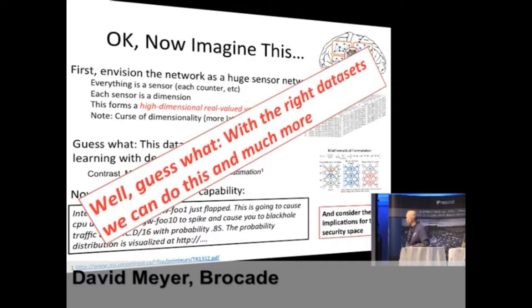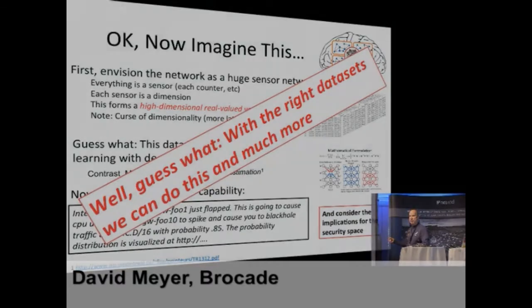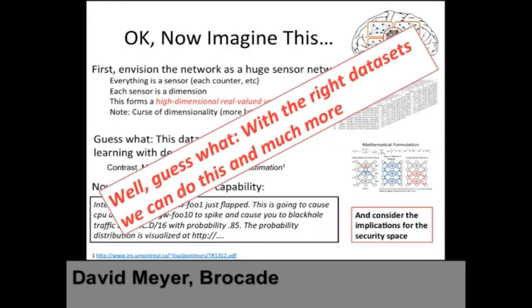Oh yeah, and obviously consider the implications of this in the security space. If there's some signature of this kind of attack in this high dimensional vector space that you can't see, machine learning can find that. By the way, that's one of the things machine learning is really good at, understanding high dimensional spaces. For humans, I can kind of envision 3 dimensions because I walk around in it. Some people could envision 4 dimensions, but I don't know anybody who could draw a picture of something in 5 dimensions. I mean, how many people can really do that? I certainly can't.